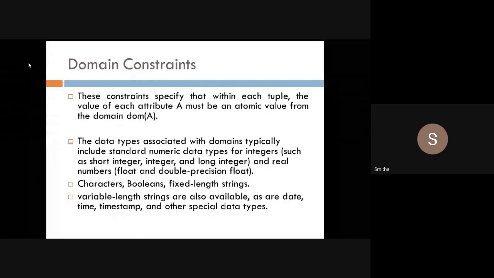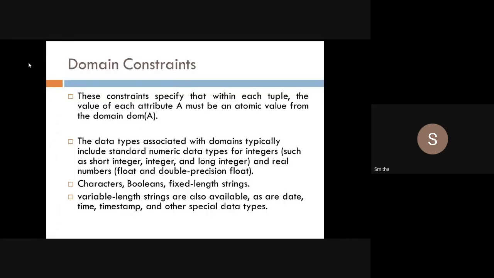Then we can have characters, like a grade which is a single character, or booleans, yes or no. If I want to store an attribute like whether the student passed or failed, I can give yes or no, or true or false, like a boolean.